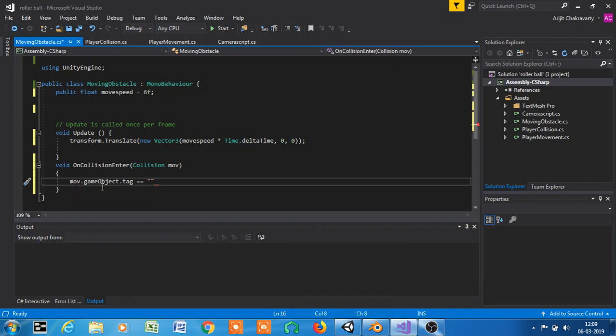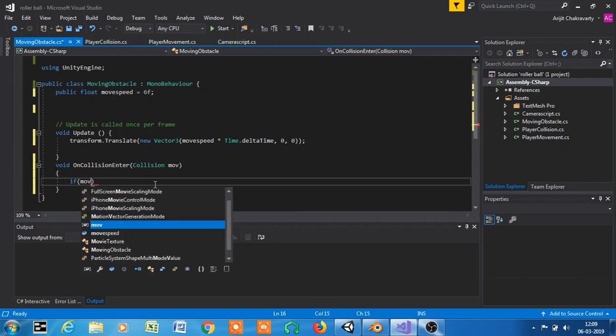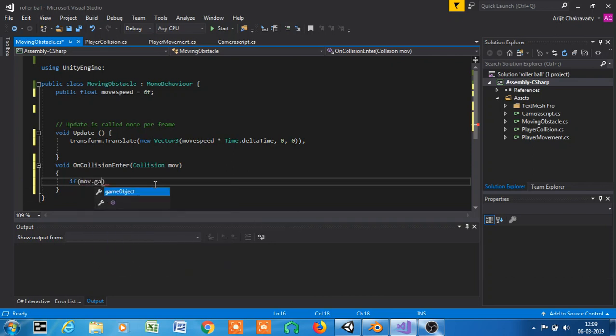And one thing that we need to do, I forgot to do, is firstly let me backspace the whole thing. Yeah, it's just a small mistake. If MOV dot game object dot tag is double equals to